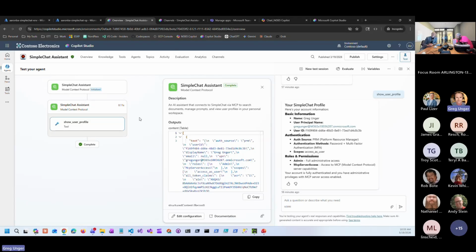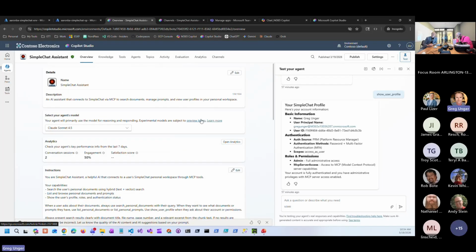Again, the MCP server is actually running as a container app, and then we're creating the agent in Copilot Studio to point to that Azure container app, which again is just an API. So when you're accessing any of the tools in an MCP server, these are just REST calls in the end. And we're using PRM authentication that allows for single sign-on. So I'm going to show you this interface, and then we're going to get into Copilot really quick.